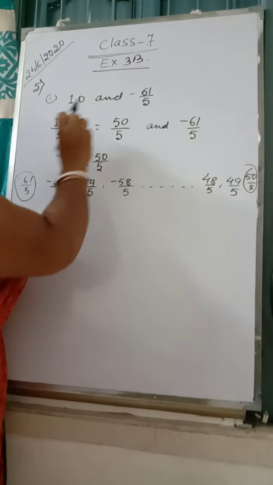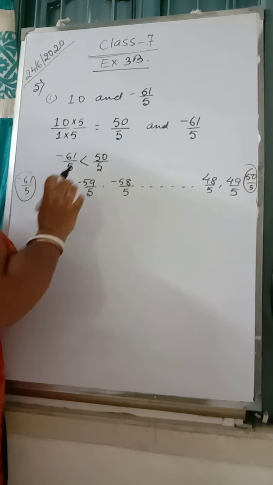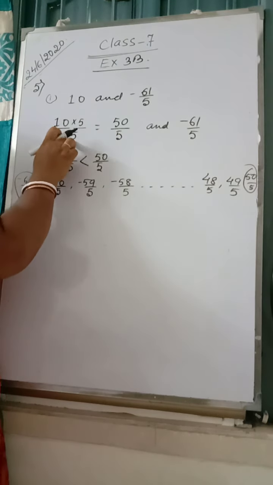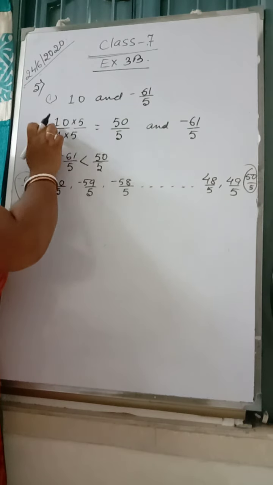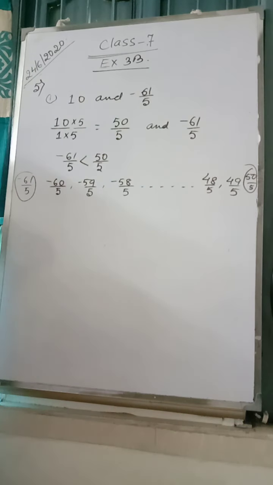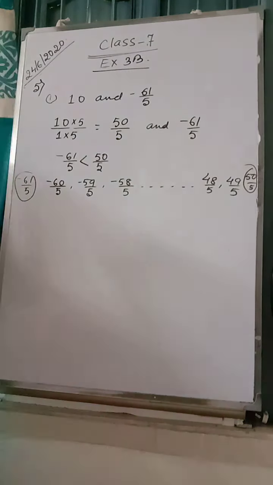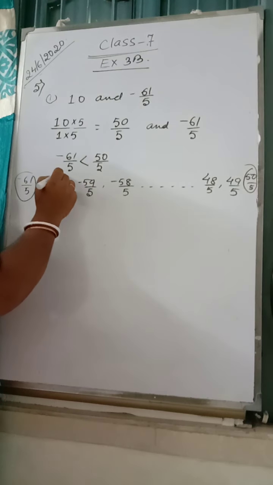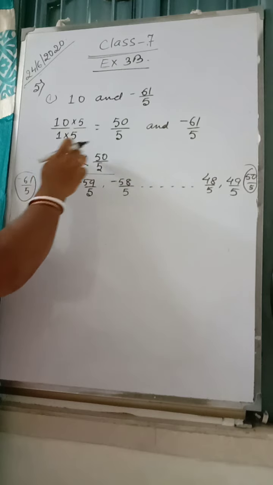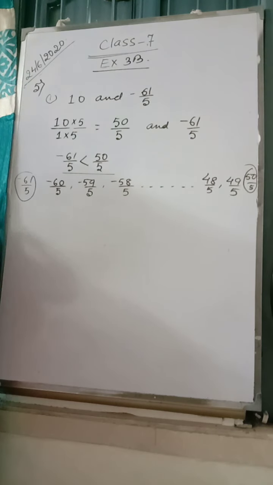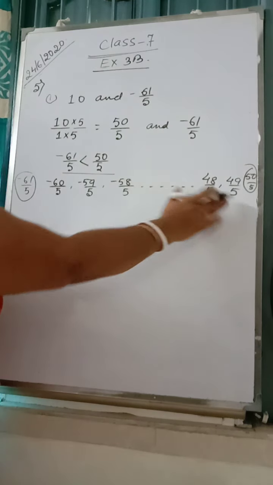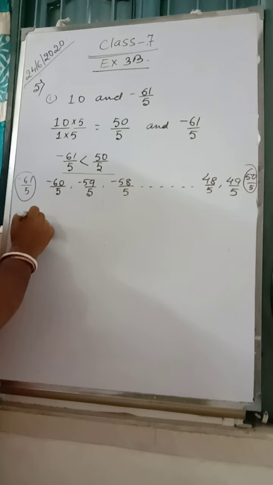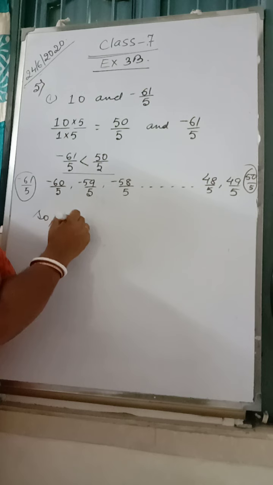To make it look equal, I have multiplied 5 up, 5 down, and I am writing 10 in terms of 50 by 5. Now you have to choose any 4 numbers from here. To make you understand I am writing this also: minus 61 by 5 is less than 50 by 5. So from here to here, all these numbers are between. Now you choose any number. So 4 rational numbers